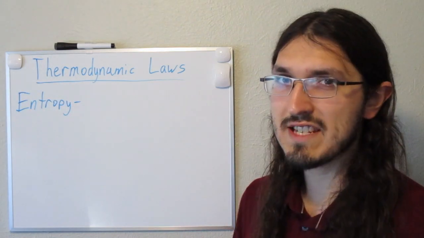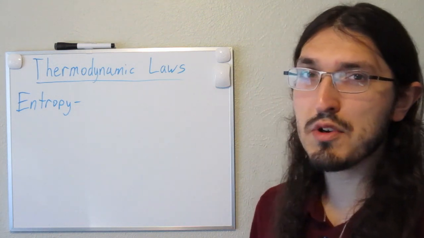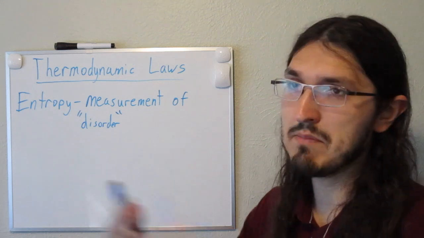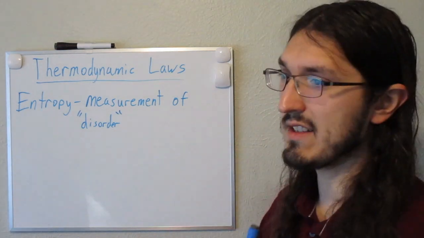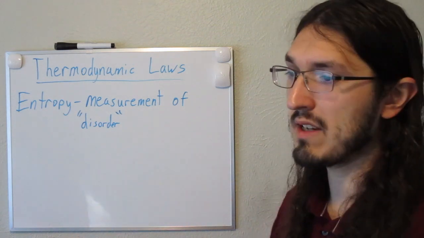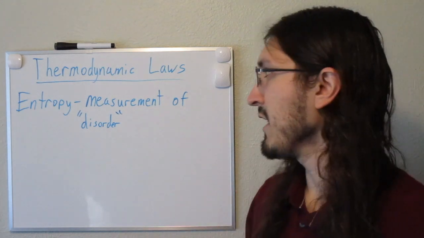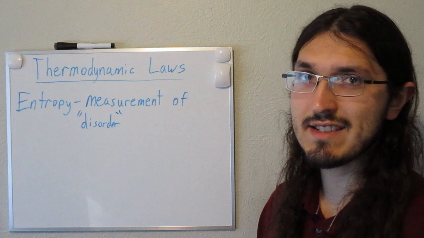A lot of introductory physics courses like to define entropy as a measurement of disorder, where in a closed system, disorder would represent there being many possibilities of something happening. On the other hand, something that is ordered would have fewer possibilities of different outcomes. This definition is good to just get an idea of what entropy is. But in reality, entropy has a definition that relates to statistics.